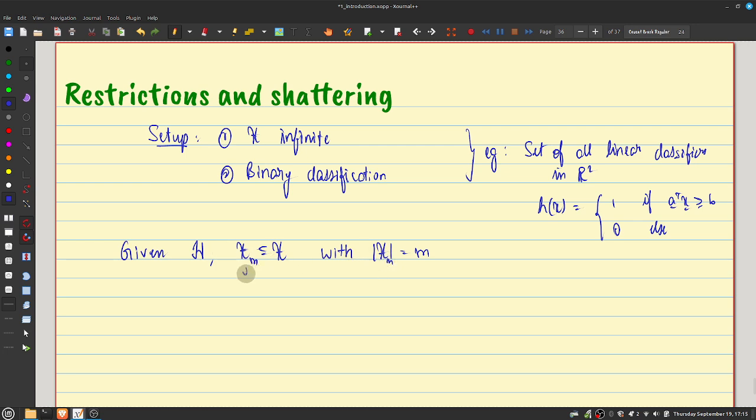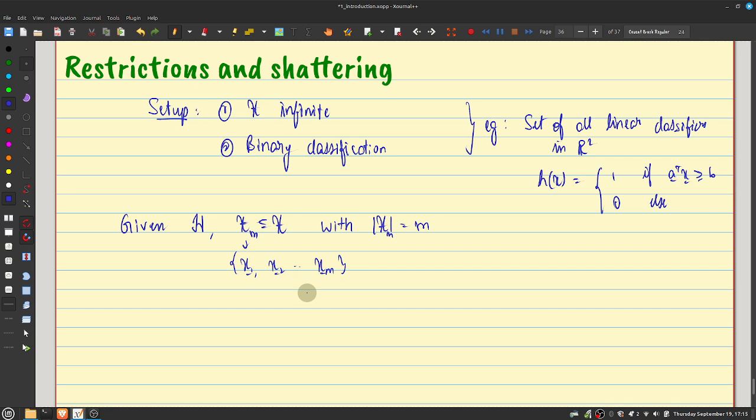So let's say that this is equal to some x1, x2 up to xn. If you pick any m elements from this, then the restriction of H to x_m is basically the set of all functions